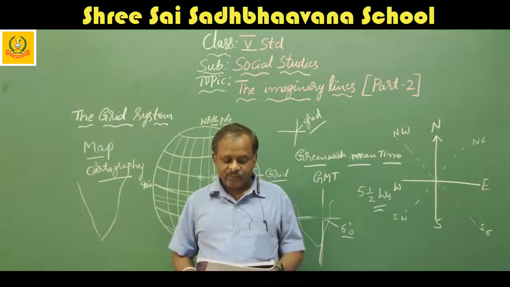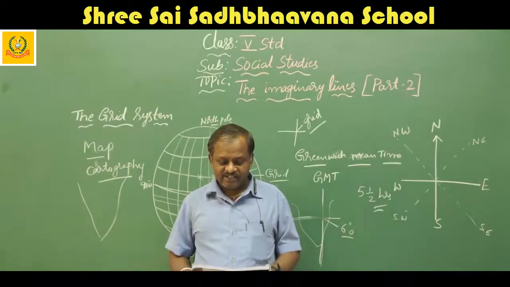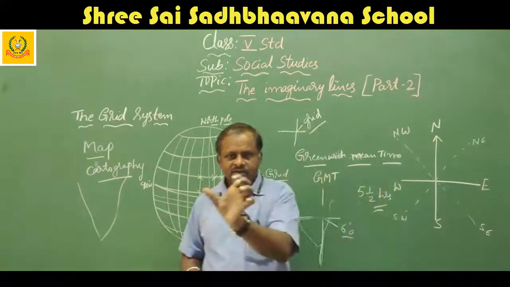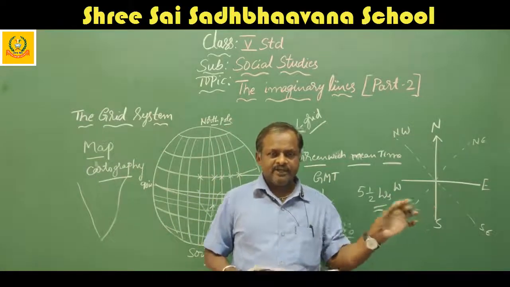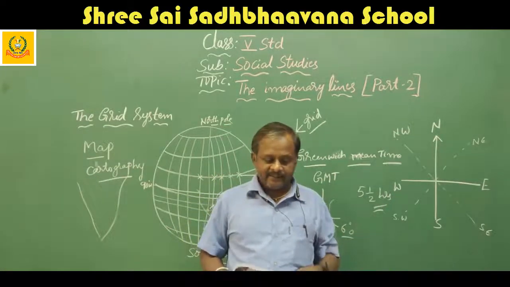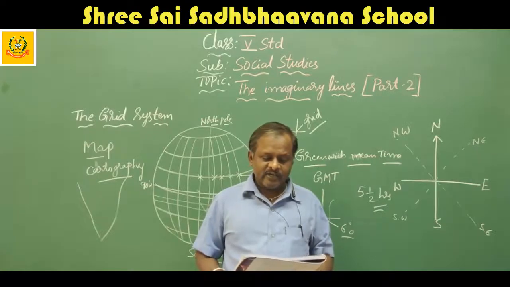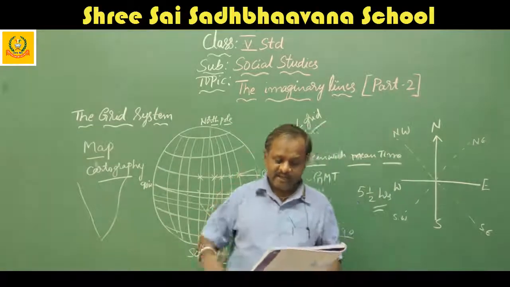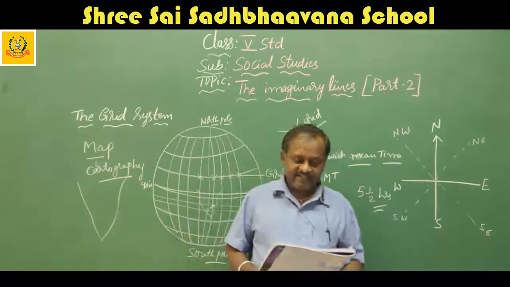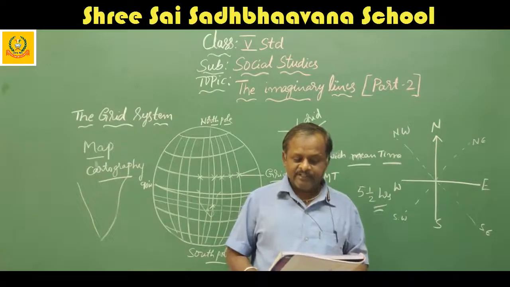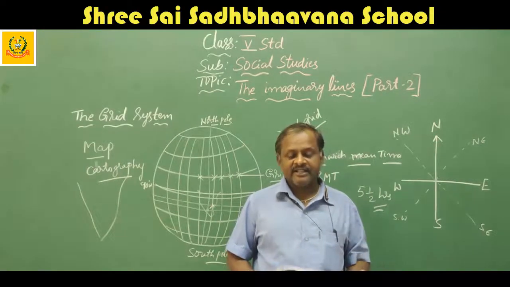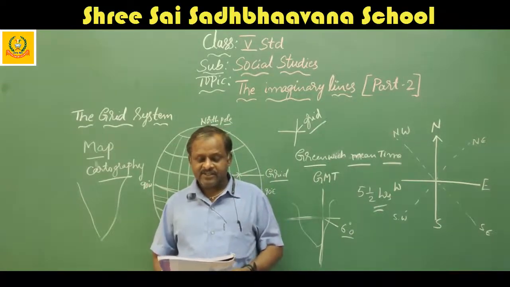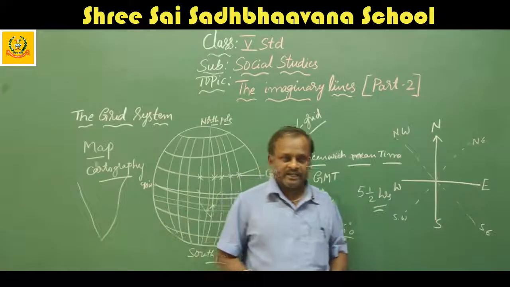The scale is the ratio between 2 points on the ground and their corresponding distance on a map. That means they have fixed a scale: 1 centimeter is equal to so many kilometers, 1 millimeter is equal to so many kilometers. For example, suppose the distance between Bangalore and Hyderabad is 500 kilometers. It is not possible to draw that much distance in a map. Instead, the distance of 500 kilometers on the ground will be represented by a smaller unit like 5 centimeters in the map. So the scale would be 5 centimeters is equal to 500 kilometers.